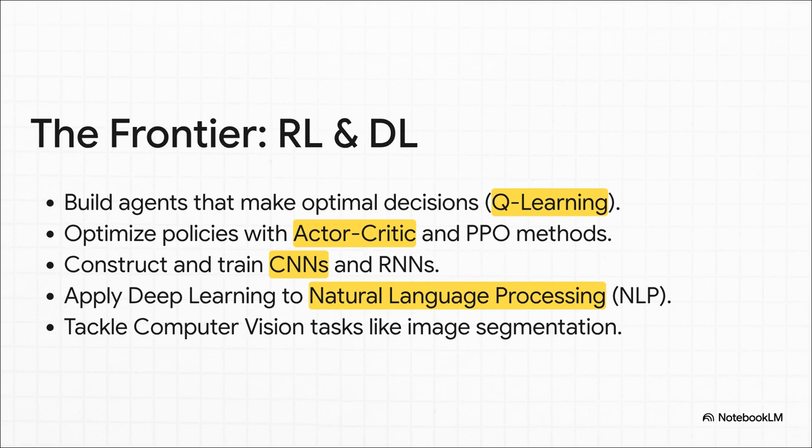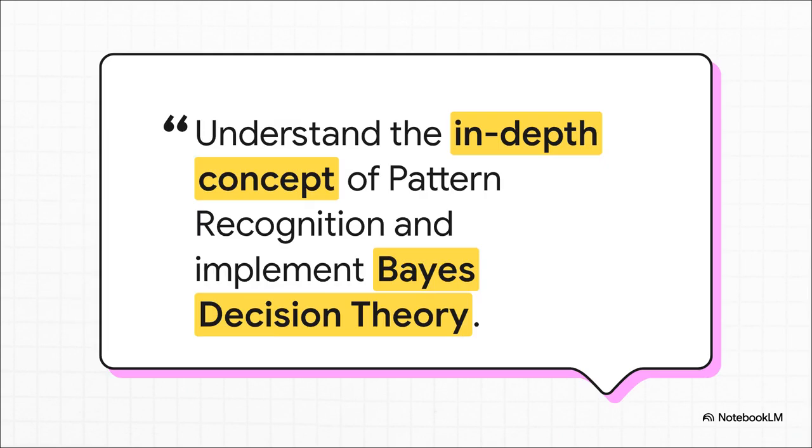With reinforcement learning, you'll teach an AI to learn through trial and error, almost like you train a pet with treats. And then with deep learning, you'll be building those complex, brain-inspired neural networks that are powering everything now, like CNNs that learn to see and RNNs that are masters of understanding human language. And in pattern recognition and computer vision, you get right to the heart of how a machine can possibly understand the world. This quote is pulled right from the syllabus.